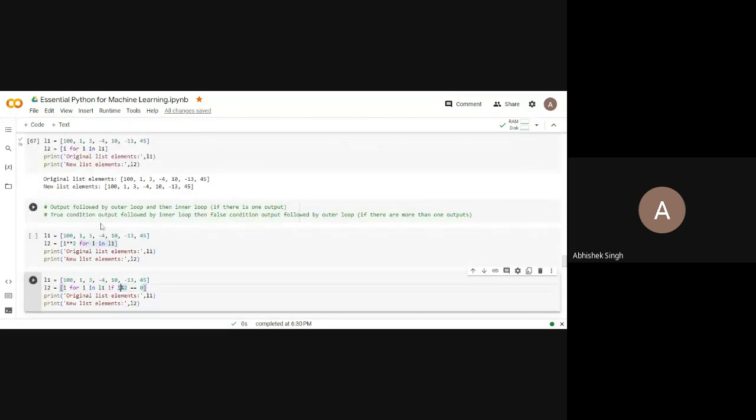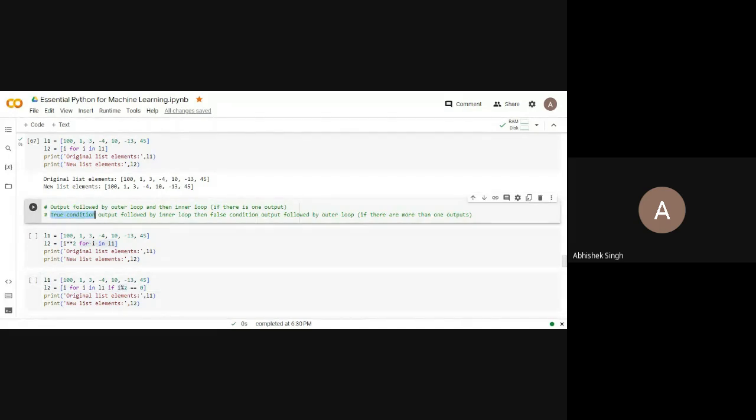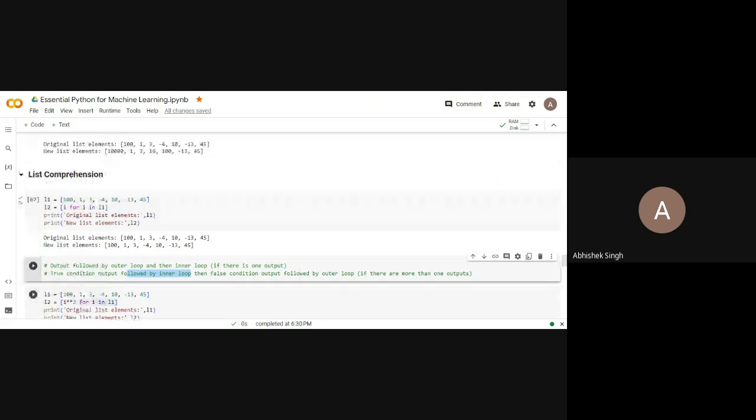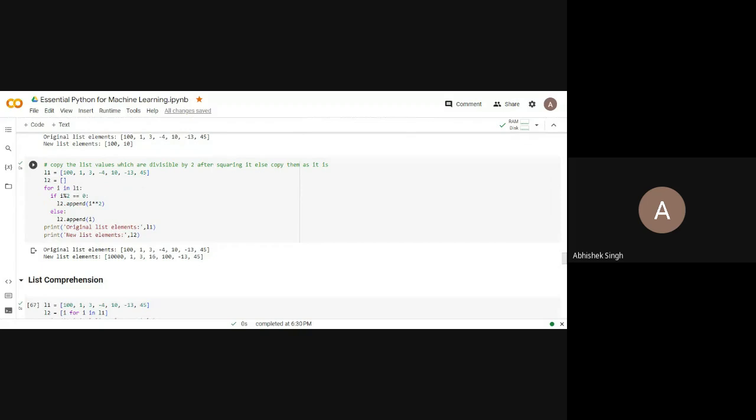Okay. And if there are two outputs, like if else condition, then true condition output. It means that if condition output, first you have to write the condition which was executed after running the if condition, followed by inner loop, then false condition output, followed by outer loop. It means that here, first you have to write the true condition, that is if condition output, followed by inner loop, else condition, followed by outer loop.